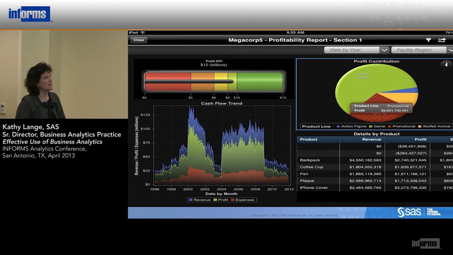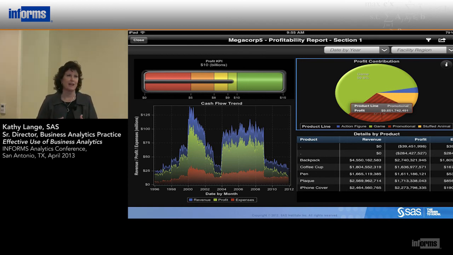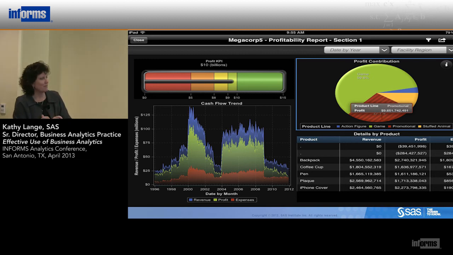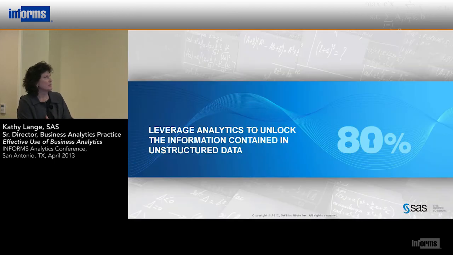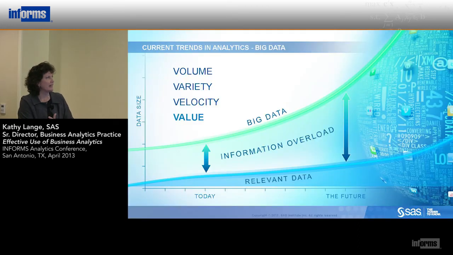So we try to give them information about correlation is not causation, explanations of what the values are, those kinds of things. So we are trying to help expand that. Here's the slide about the projected gap in talent of analytics versus demand. It's a McKinsey report. We talked about text. And then, big data. It's all coming at you very quickly.